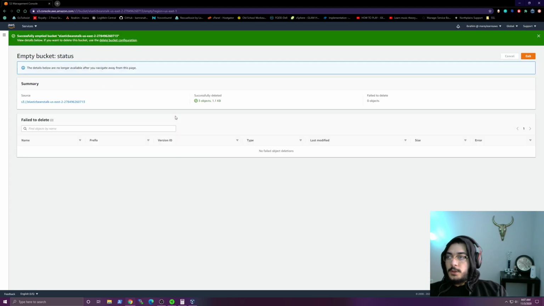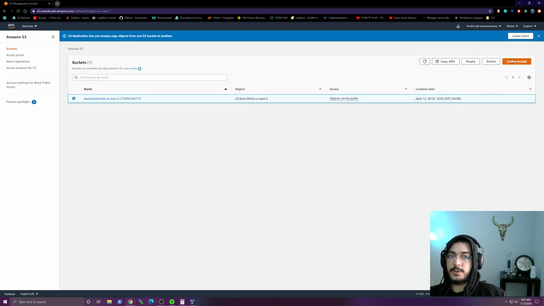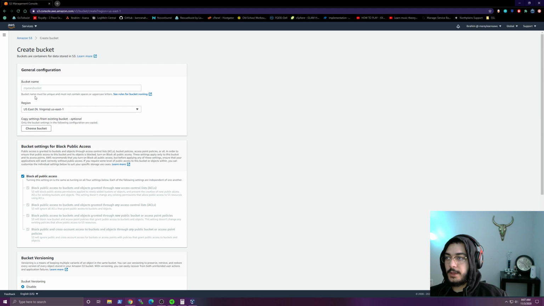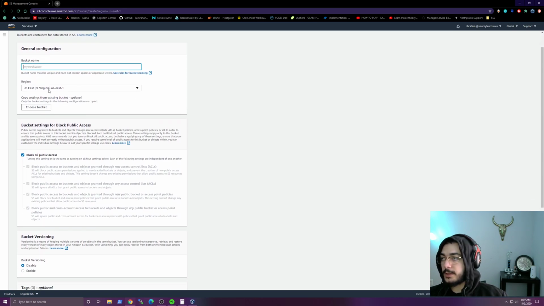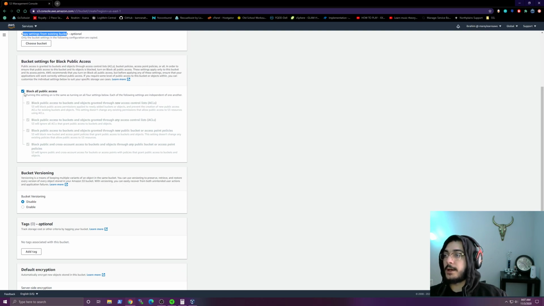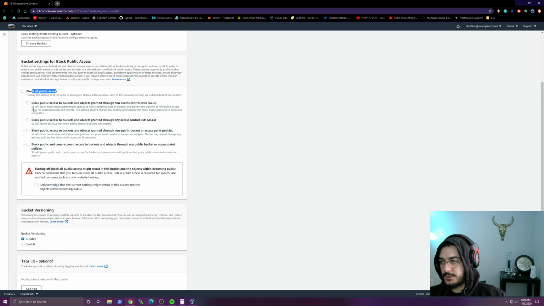Okay. So there are many different S3 buckets and reasons why you would use different ones. If you go into create a bucket, you'll see right away you can create one very quickly. If you want to copy settings from an existing bucket, you can do that. So if you have multiple and you need another one, this by default blocks all public access. So if your application doesn't exist on AWS, you need to uncheck this and set up proper security rules to make sure that you can actually access it. To do that, simply uncheck this and acknowledge that they're public. Now, don't worry too much because you'll create an IAM user that has an access token and a security key, and that'll be the only way to access this bucket. But you'll acknowledge that the current settings might result in the bucket and the objects within the bucket becoming public,